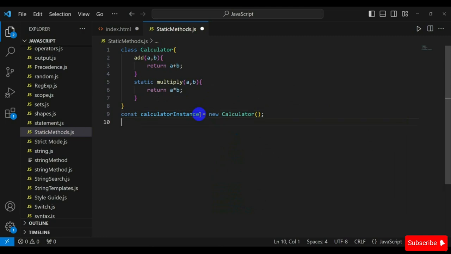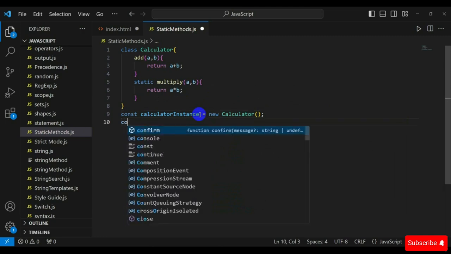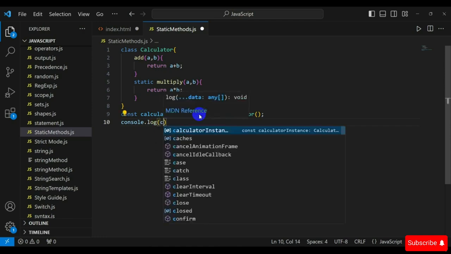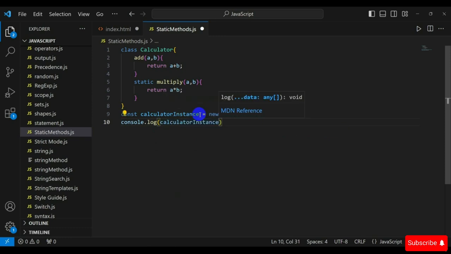And now I am creating the console dot log and calling the calculatorInstance dot add method, and then the values are 5 and 8,